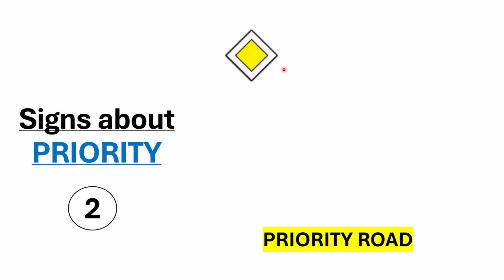Now come the priority signboards. This is the priority signboard. If you find this signboard on the roadside, it means you are traveling on a road with priority. You don't need to give right of way to other traffic or drivers coming from the right side. So what does that mean? It means that